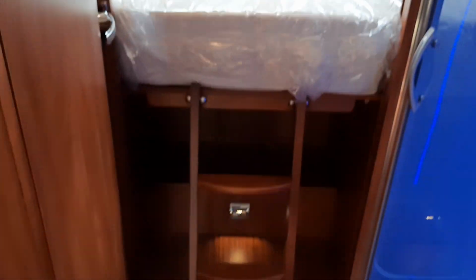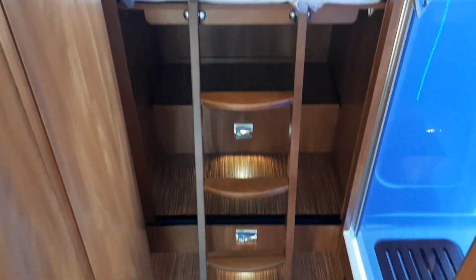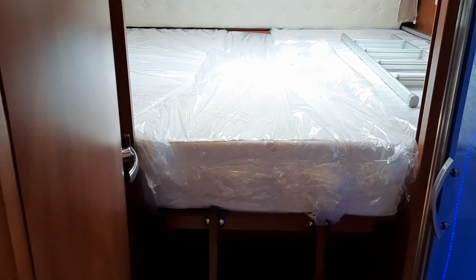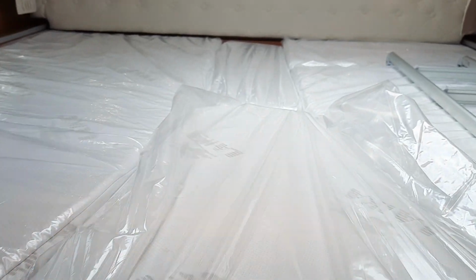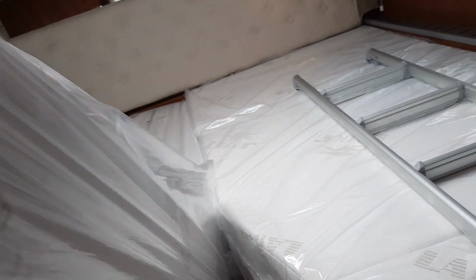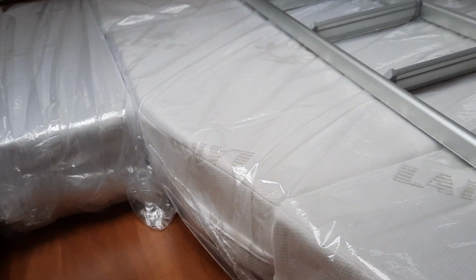More storage in the cupboard above the kitchen, acres of it. Now I've made the double bed up, so there's your new ladder that you've got, and there's your filling cushion, just to show you how that looks. But if you want it predominantly as singles, then we just take the cushion away, we take the ladder off,